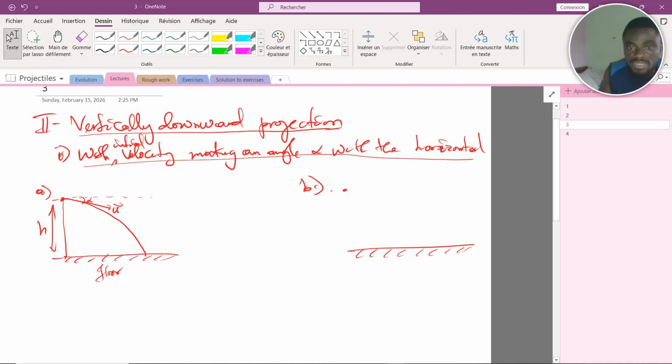The particle is at a certain height h from the floor. So let me extend this. It is a vertically downward projection. So this is the trajectory. We have our initial velocity u, which makes an angle alpha with the horizontal. Is that okay? Now, if in an exercise, as I said previously, no information is given